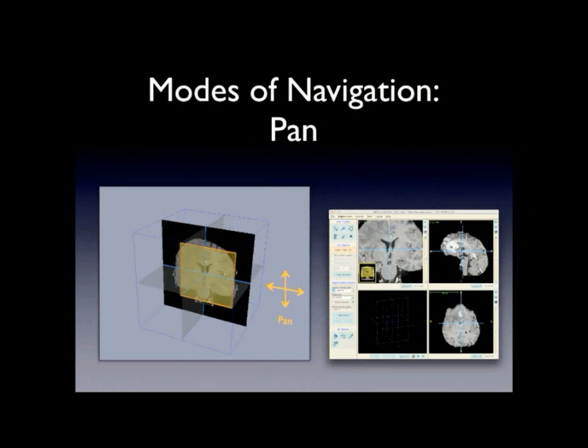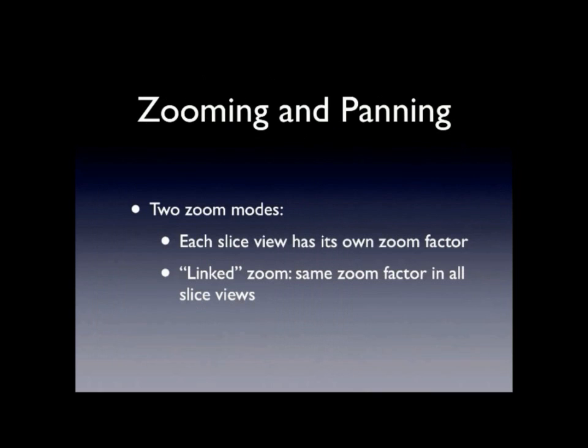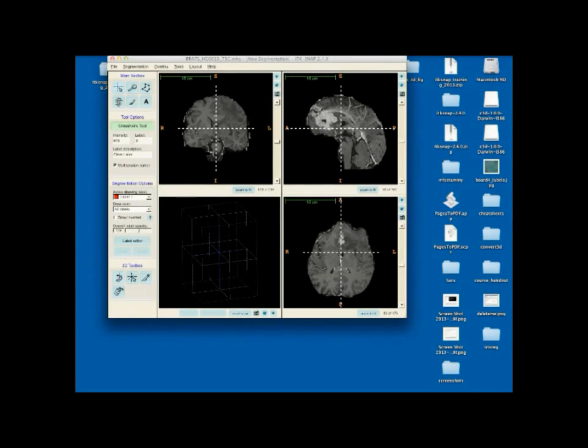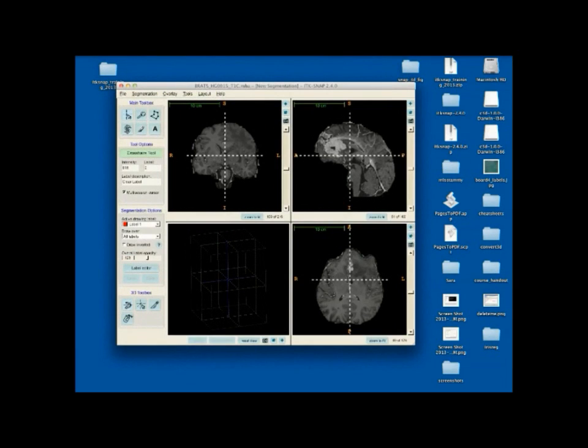And finally, there's a pan operation, which slides the yellow window, the viewport, around the slice that's available in the entire image. So we'll demonstrate those in a demo very quickly. Or maybe, why don't we just go ahead and do the demo, and I'll talk about these things. Okay, so first of all,